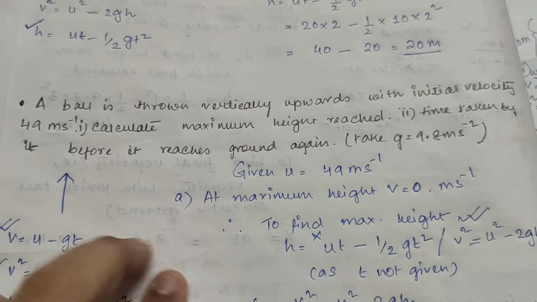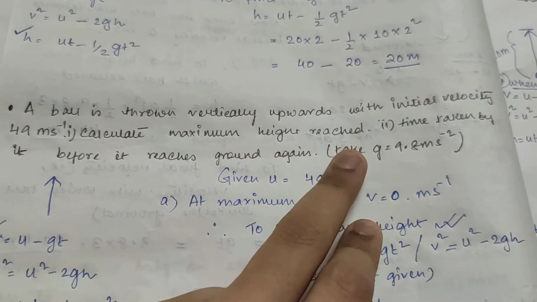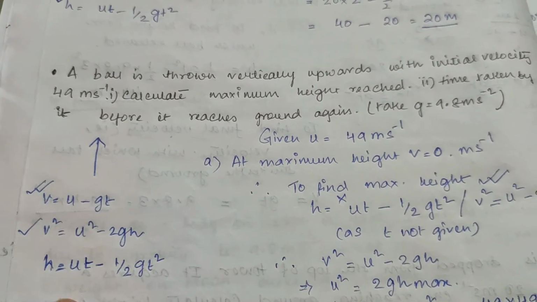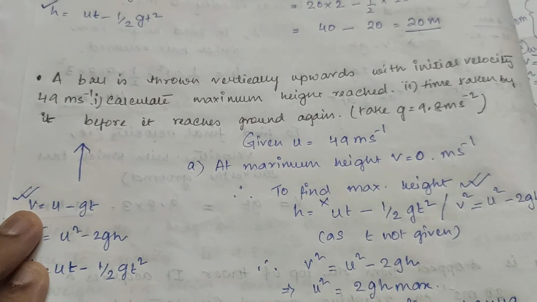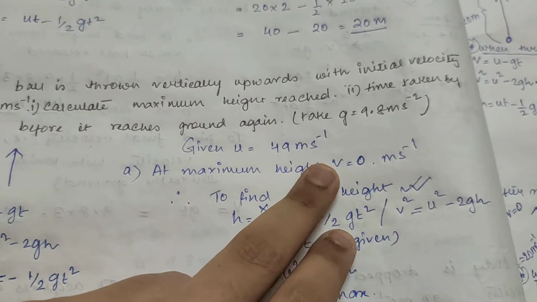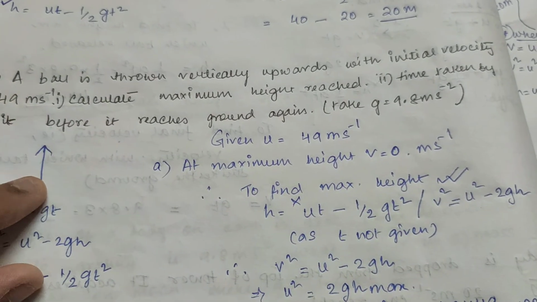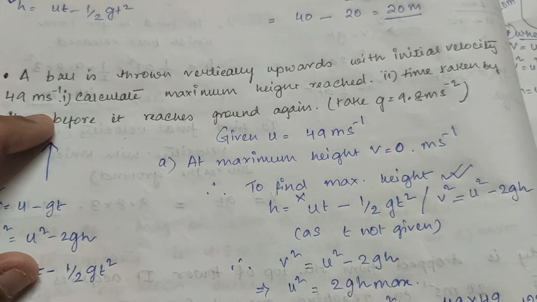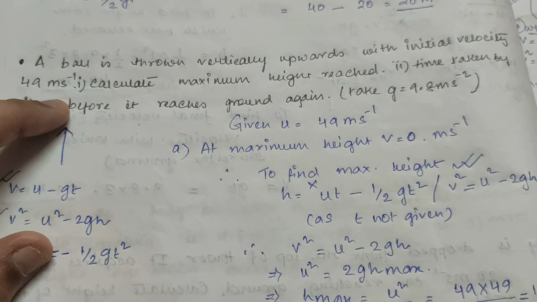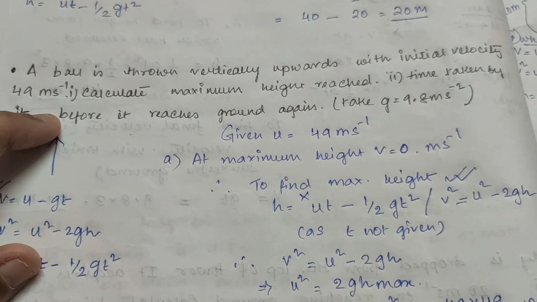Okay? Now, if I have to calculate the maximum height, what are the things we need to consider? First of all, see the equations. I hope it's clear. It's thrown upwards, so this will be the form of the equations. Now at maximum height, V equal to 0, we have learned this. Why? Because at the maximum height, the velocity will be 0, because all the kinetic energy is actually transferred to the potential energy. So the energy which is possessed by the ball will be potential energy.